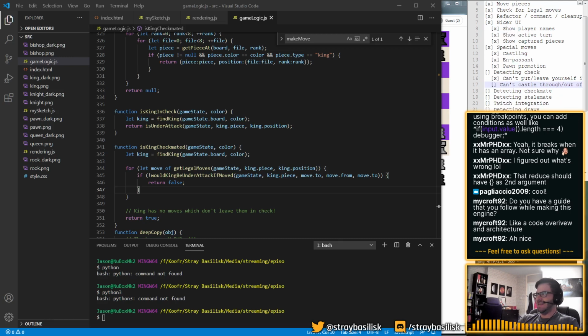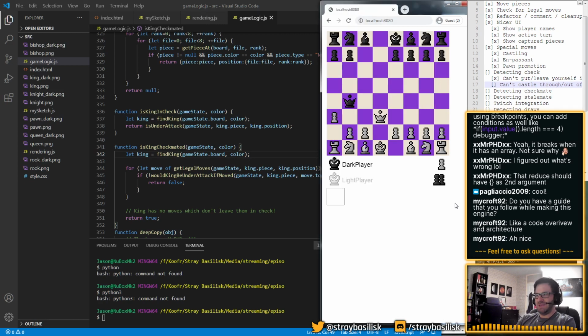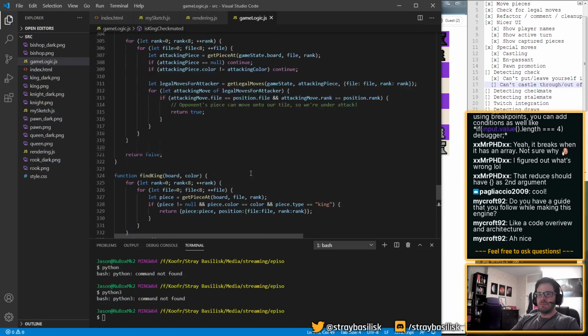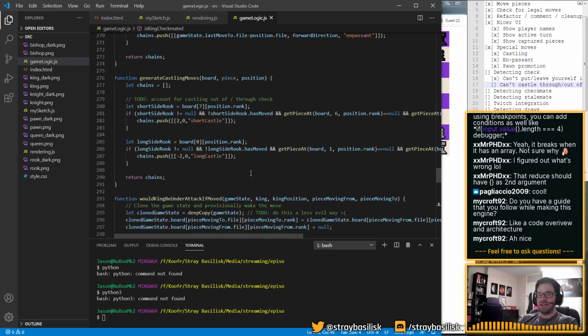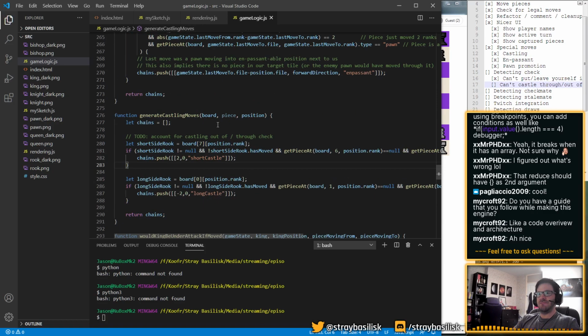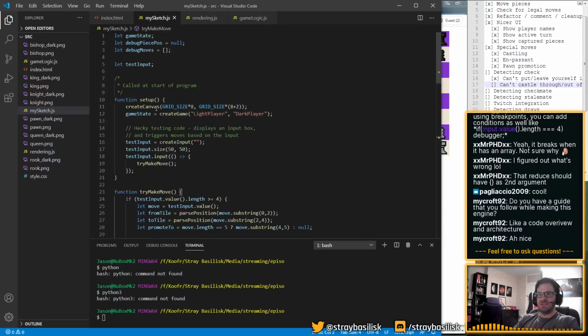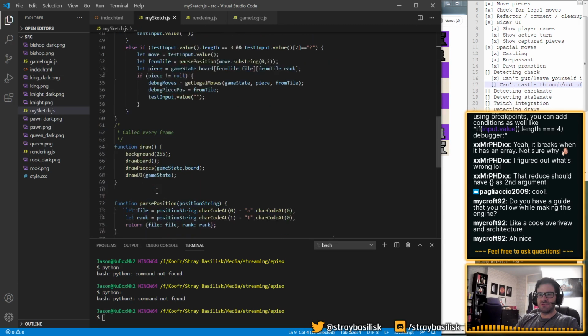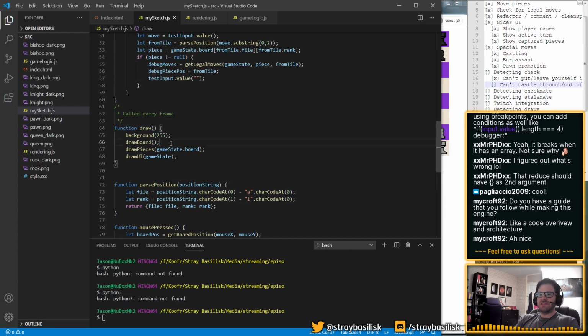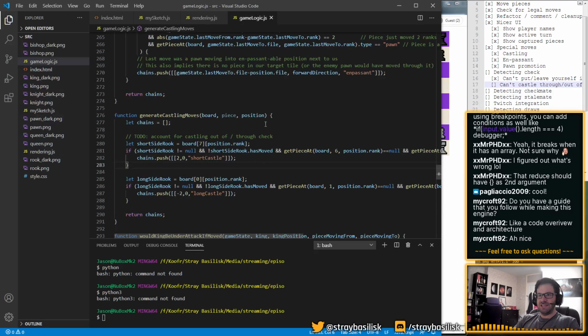No, there's no guide. This is entirely made up on the spot. It's kind of messy, kind of hacked together. The idea of these streams is that each time we make something more or less from scratch and just figure it out. So sometimes intuition or things I've worked on before, but no, there's no guide to it. I'm using a framework called P5JS, which is very simple. It basically gives you a setup function that it calls once, and then a draw function which it calls every frame, and then it gives you a load of drawing stuff. But aside from that, it's all just custom thrown together, really.